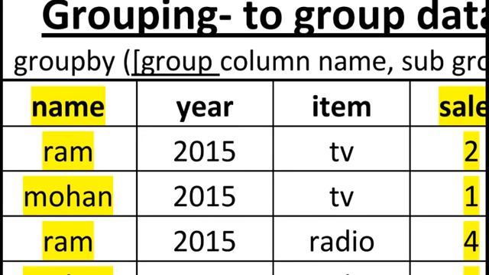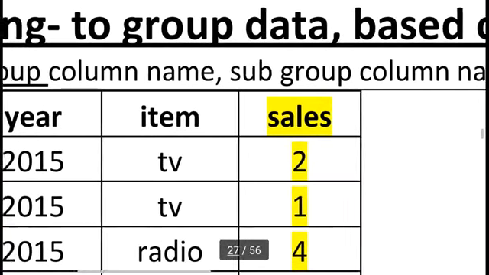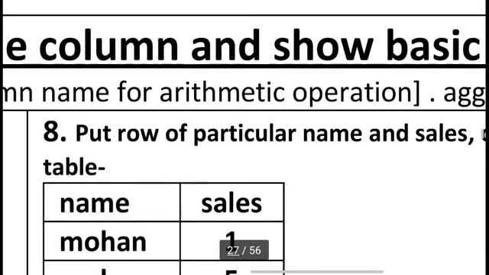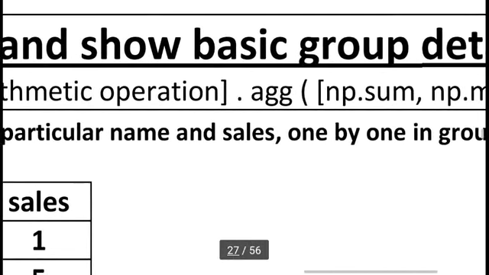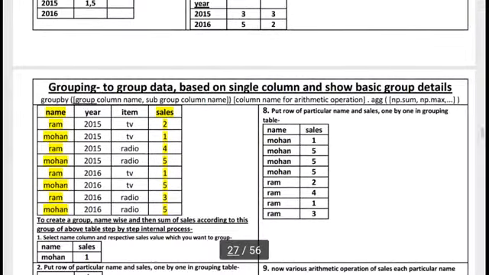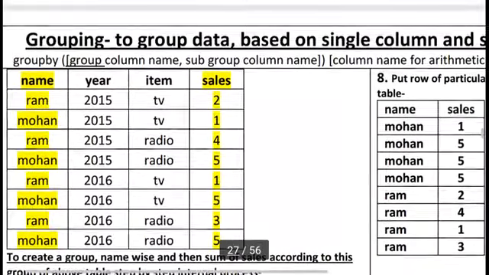It is a simple topic. Here, type the name of the column we want to group, type the subgroup column name for which we want to subgroup, and the column name for arithmetic operations. In agg means the arithmetic operation you want to perform. This is the structure, this is the syntax we can use for our grouping. The purpose of this grouping function is to do statistical analysis on the basis of grouping. We can group the same kind of data in one place and see it. Suppose here I am taking the same example to understand the grouping.